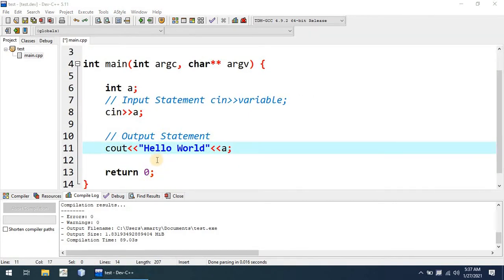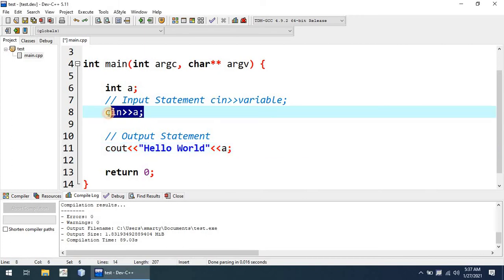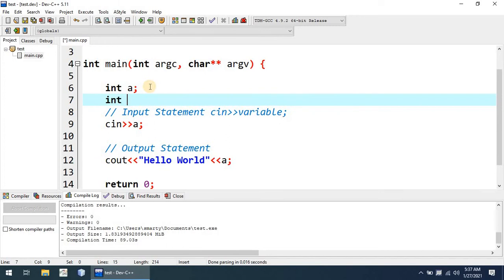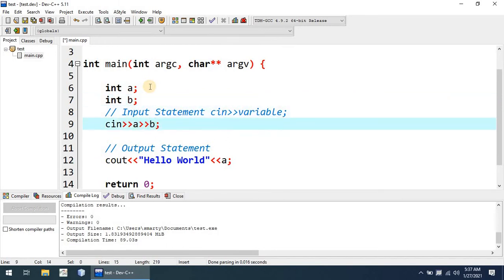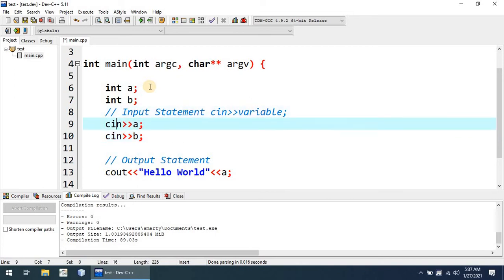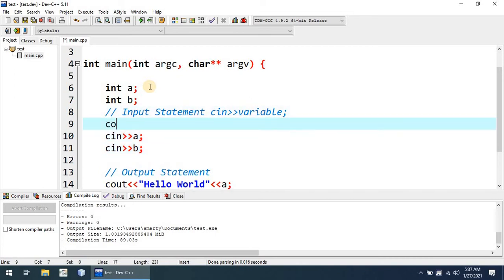Normally there are two ways that we can use the cin statement with variables. If we have a number of variables such as int a and int b, we can take input in a single line, or we can take input in multiple lines. The best practice is that before taking input we print some kind of message or output statement such as enter first number.